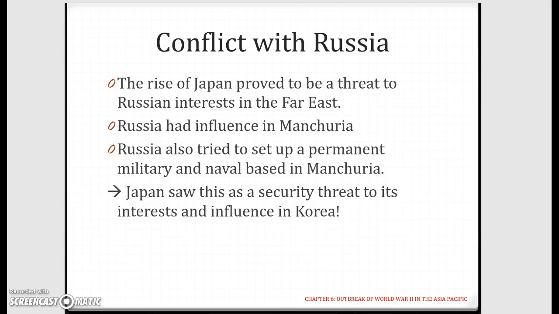So this area is pretty much taken, but Korea and China are still up for grabs, and Russia is still considered a European power at the time because of their sheer size, and so they would want to have some kind of influence in this area as well. In the Asia area, not Southeast Asia, further north of where we are. Okay, so they actually had influence in Manchuria.